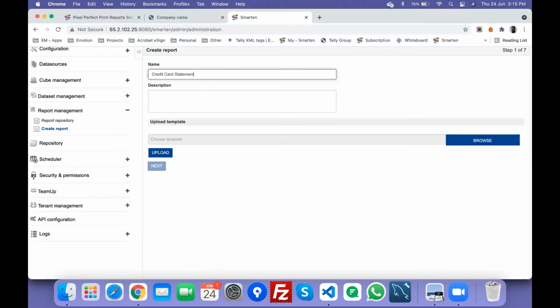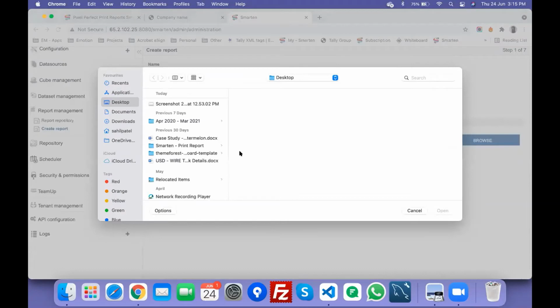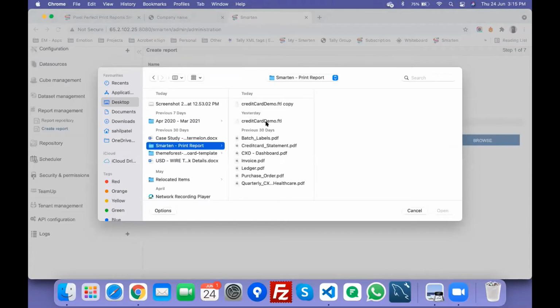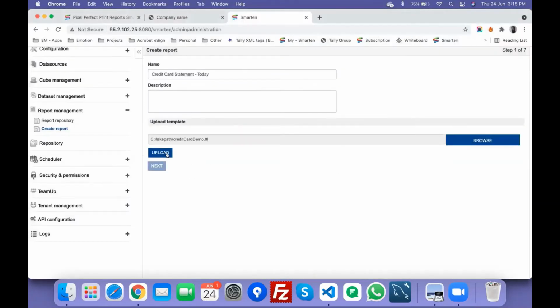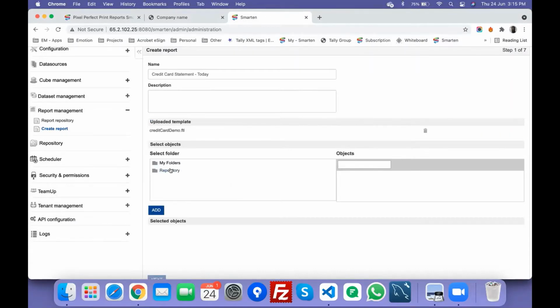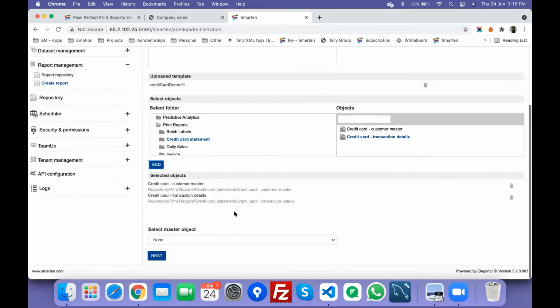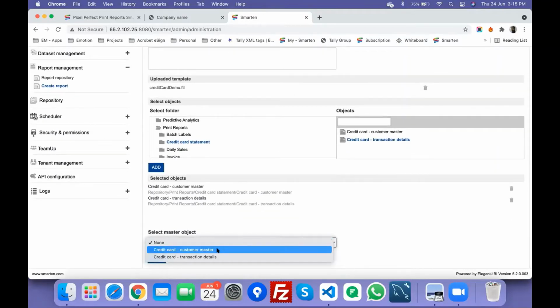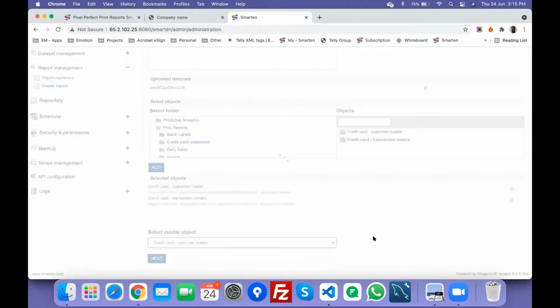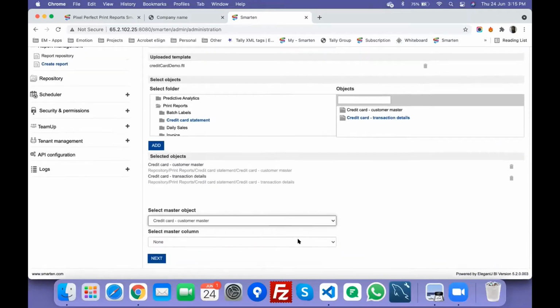So once you do that template, let's create a report. You have to have the administration rights for that. You upload the template. That's called an FTL template. And if it is validated, it will ask you about the objects that you want to use. In this example, as you can see, this is a master detail relationship.